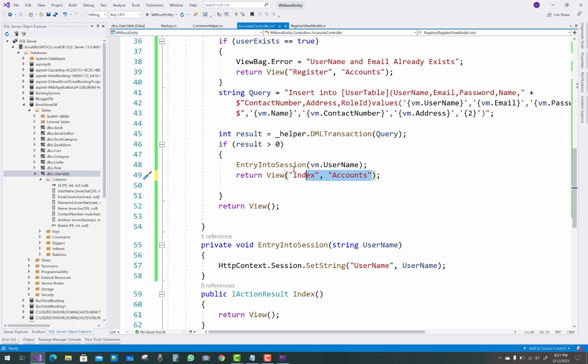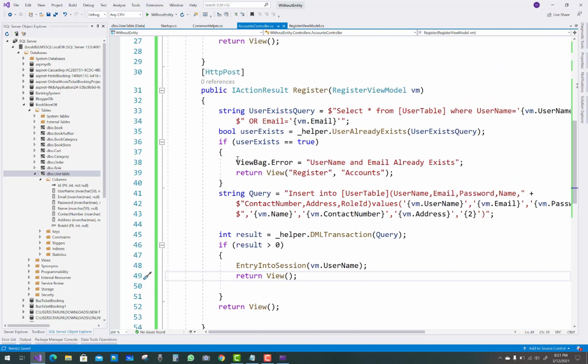Inside the view just remove that section and just pass your simple ViewBag object values. Just add ViewBag error message, and also set the success message.